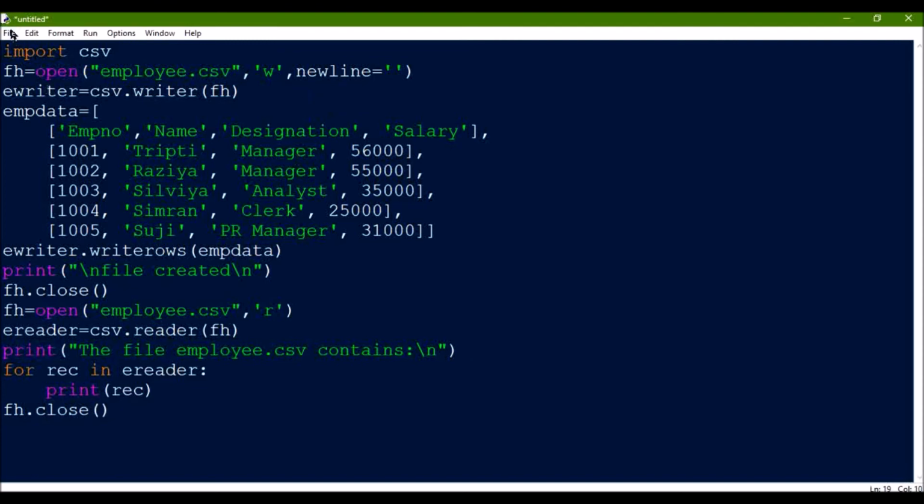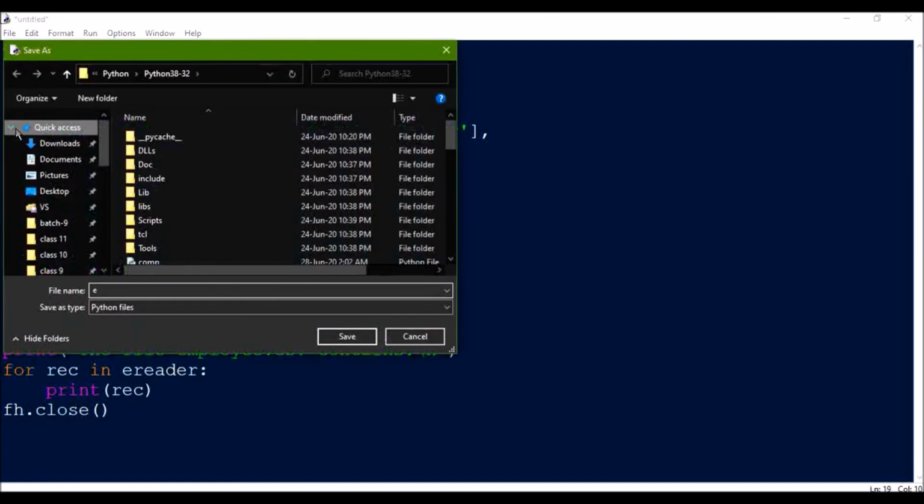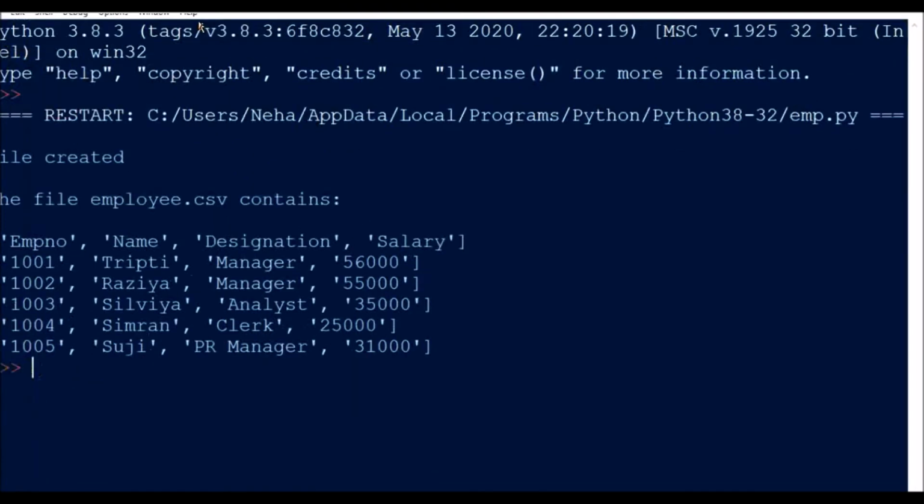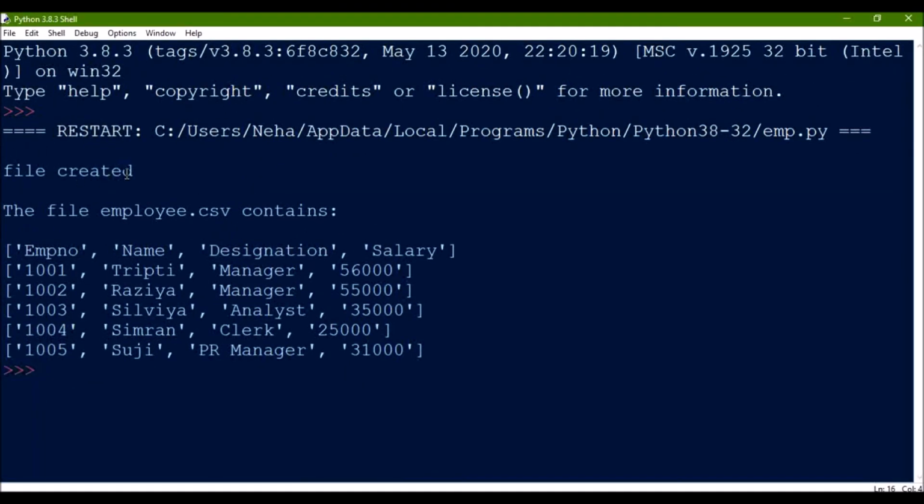Now we will save this file, suppose emp.py, and run the module. Now you can see file created. The file employee.csv contains whatever data we have entered, the data you can see over here.